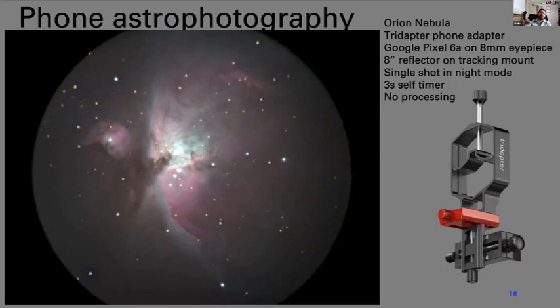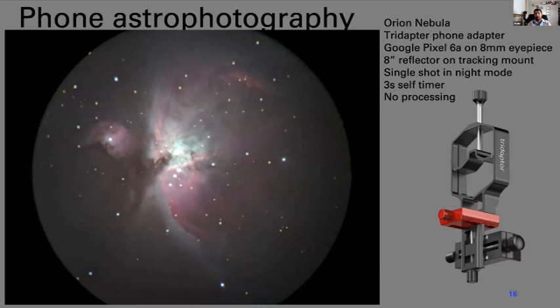All you have to do is hit the start button, or better yet, the way I did it is just turn on the 3-second self timer, so you're not shaking your phone when you touch the screen to start taking the picture. So that's all it took to take this image.